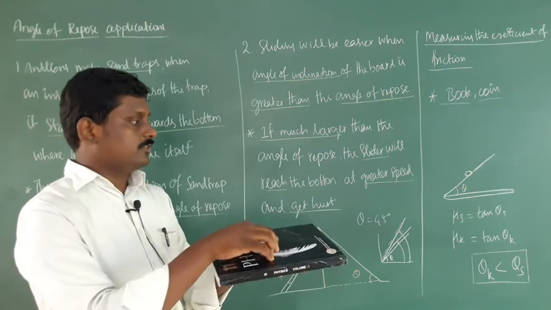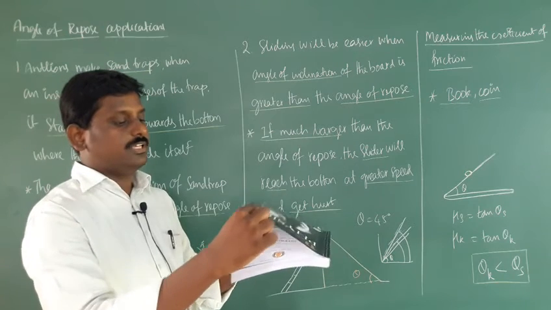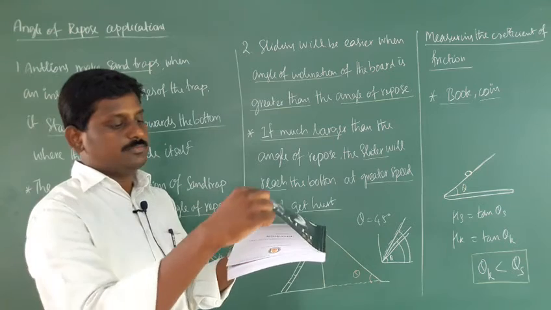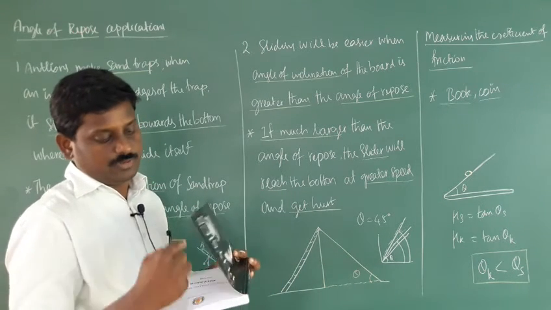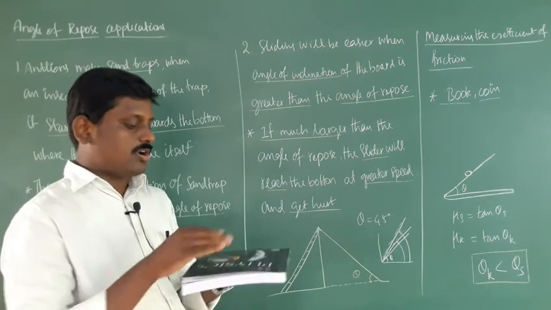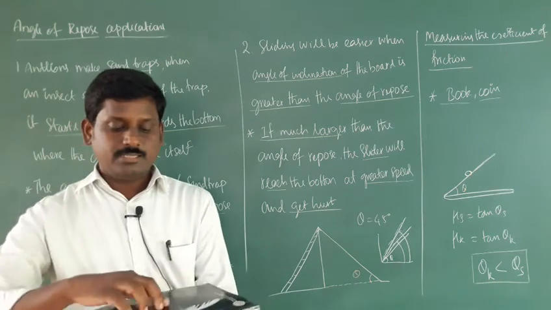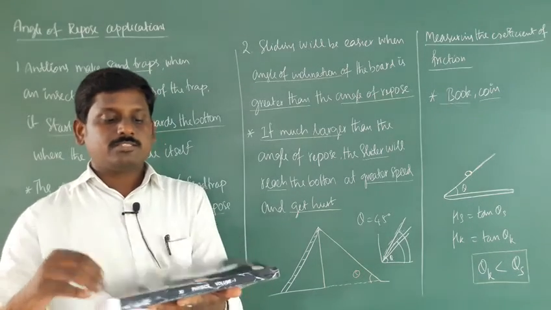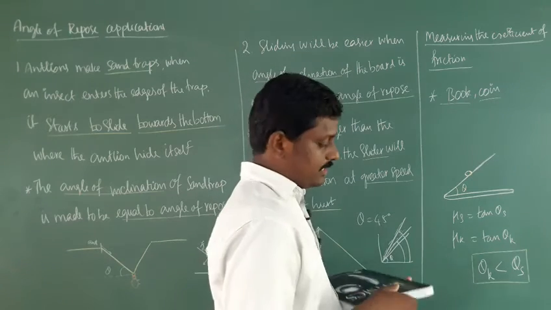If you increase the angle of inclination, just lift the front cover of the book. This is the angle of inclination of the book. If you increase it, the coin on the book starts to slide. I am increasing the angle of inclination, and the coin just moves. When it starts to move, that is static friction, so you measure the angle.